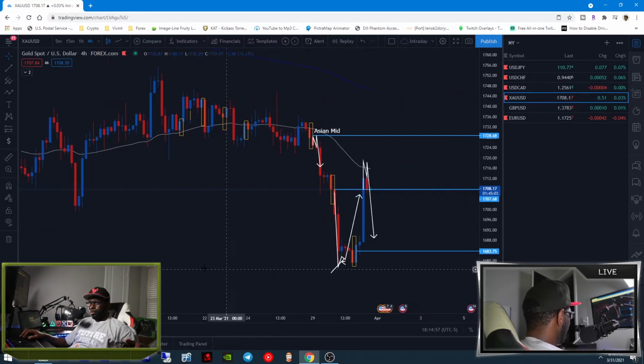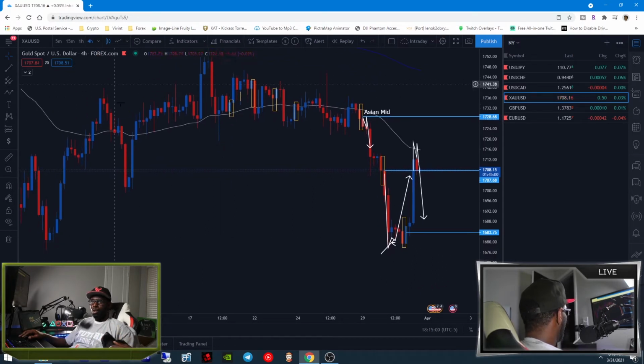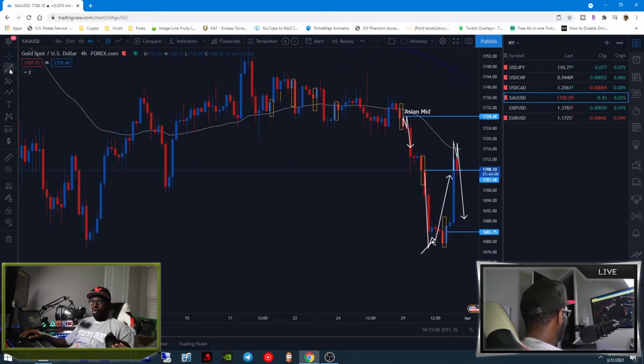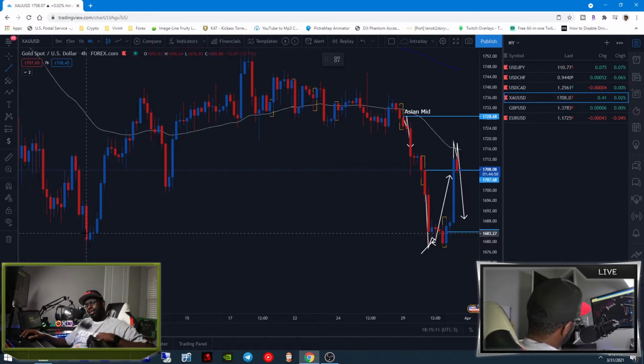A couple other confirmations on the 4-hour time frame. Usually what happens on the left is gonna happen on the right. So back on the 21st,